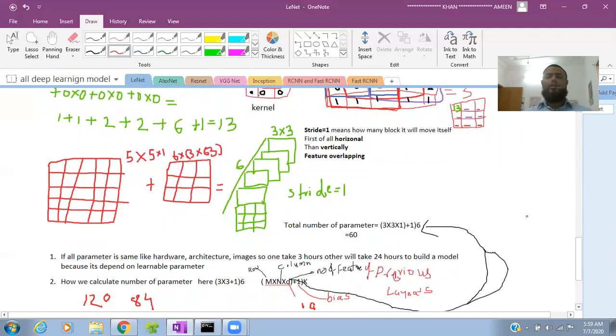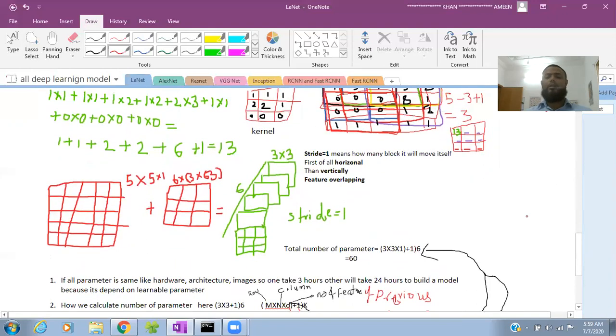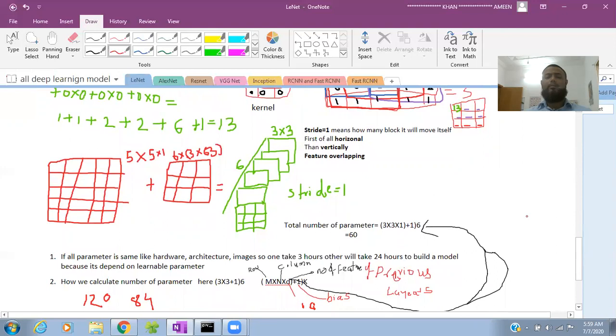Also you can calculate the total number of parameters on this layer. You can easily calculate how many parameters are there.